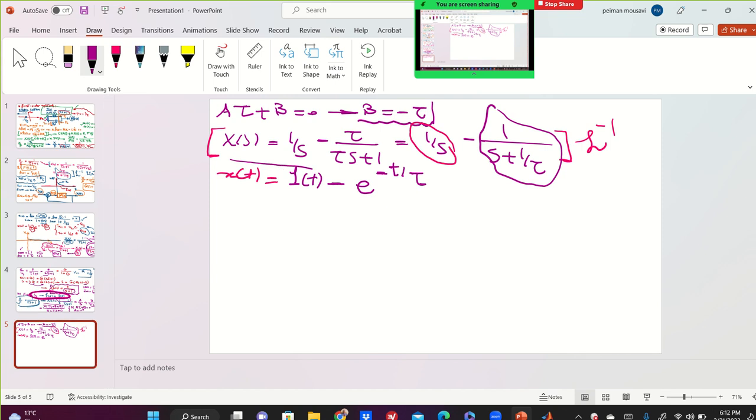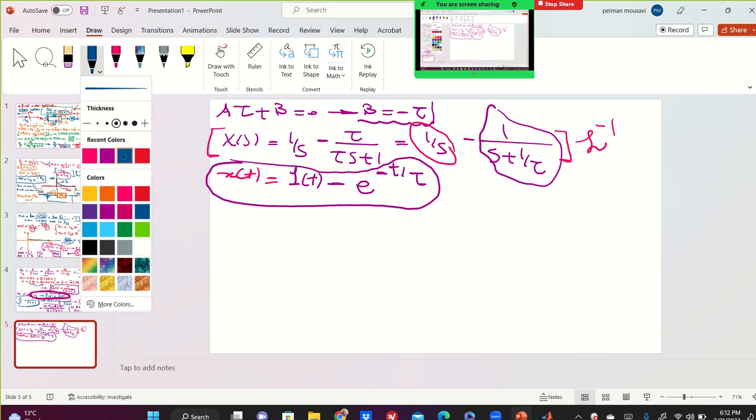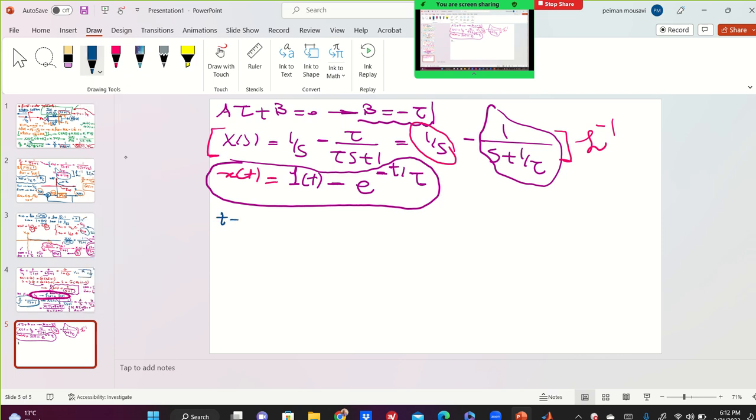So this is the solution for the unit step. Let me plot this. Plotting that at t = 0, x of 0 is going to be 1 minus 1, which is 0. As t goes to a large value, x is going to be 1 minus 0, which is 1. So if I plot it,